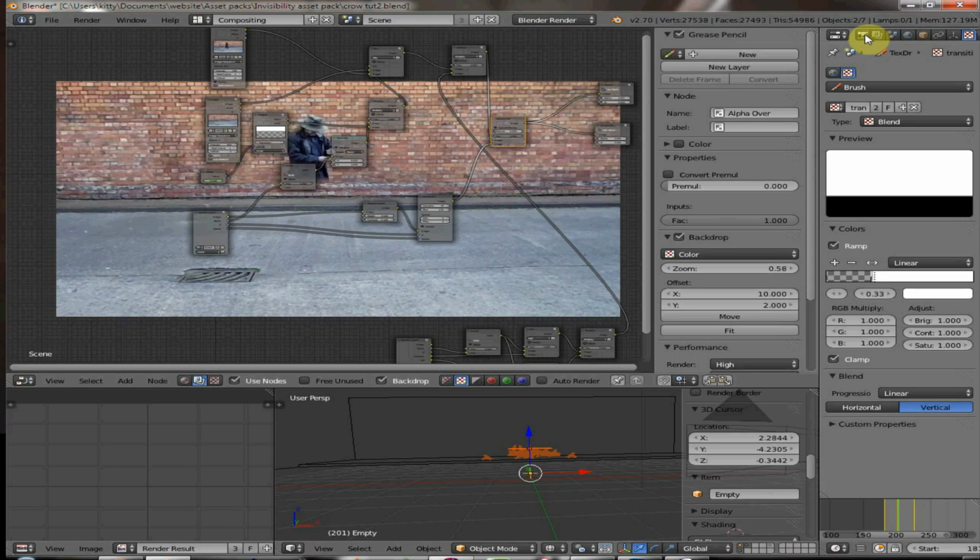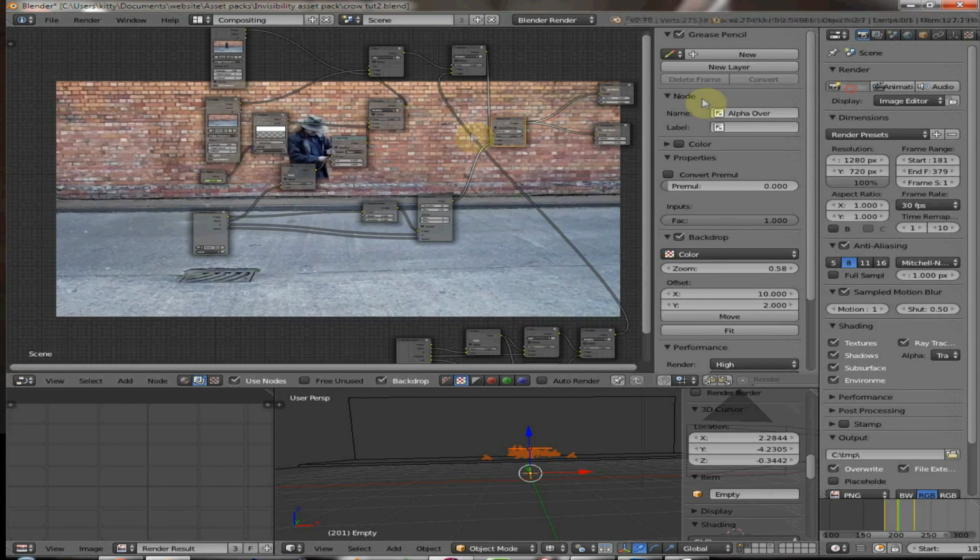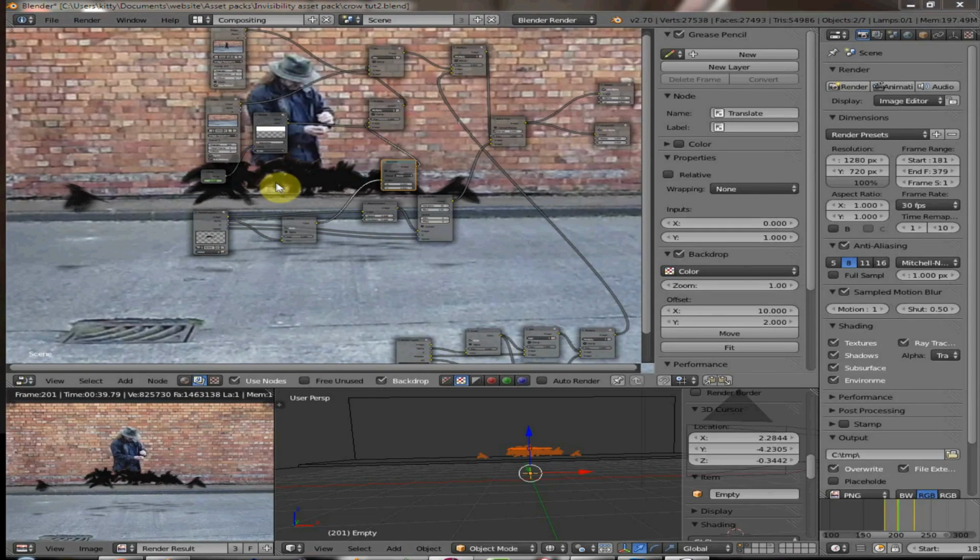So if we just render that frame quickly, see where our birds are. Okay, now we can see a bit closer, and we can see we're slightly blurred out as we disappear, and there's a bit of a gap where the crows appear, which we'll just